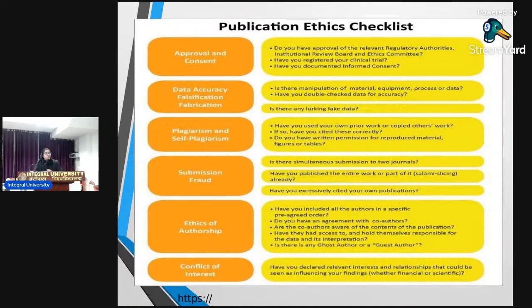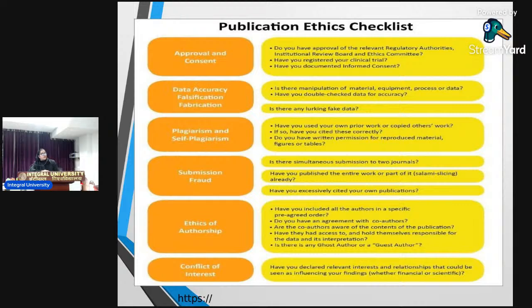So this is the publication ethics checklist, right? I told you right in the beginning about the flow of your research project. So what was the flow? Identification of the problem, study design, coordinated steps, and what else? Data collection, data analysis, then finally a publication or a patent. Then a research proposal: based on your findings, your PI or supervisor may want to apply to a funding agency for more funds. So the data has to be authentic, isn't it?